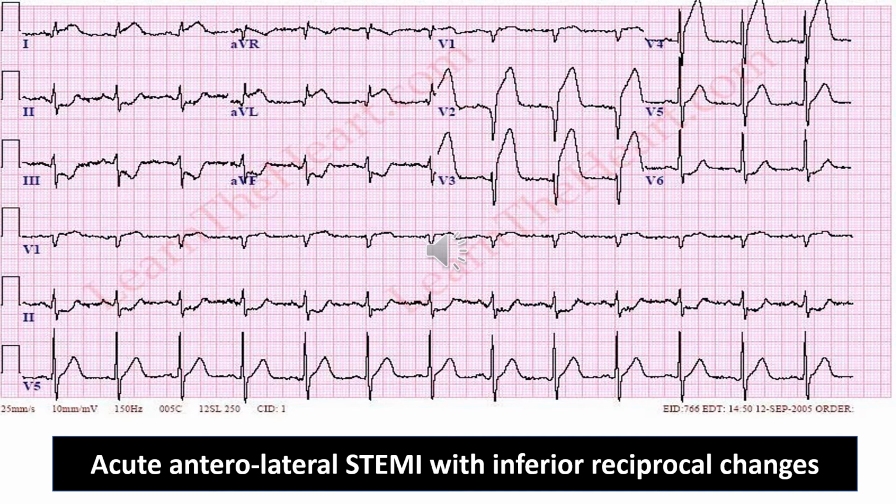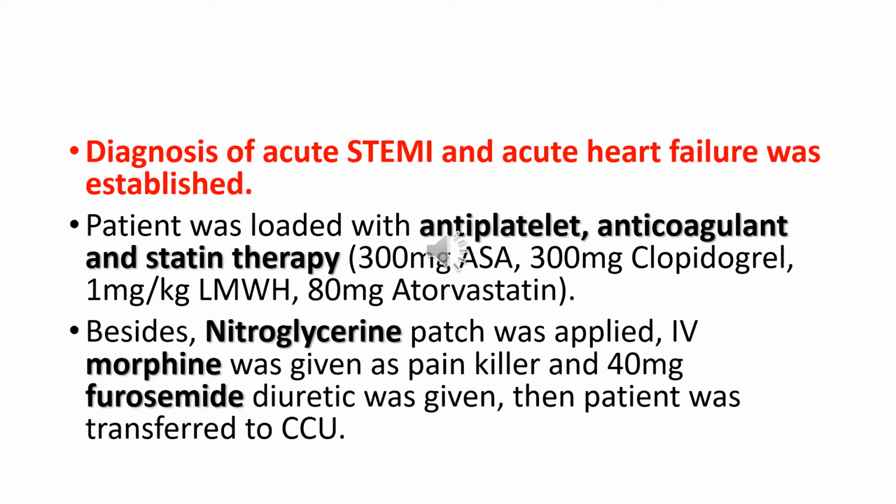As we can notice from this ECG, there is ST elevation in the anterolateral leads with reciprocal ST depression in the inferior leads. So this is the ECG of a case with acute anterolateral ST elevation myocardial infarction, acute anterolateral STEMI. As the patient was orthopneic and has S3 gallop rhythm and bilateral basal rales, so his MI was complicated with